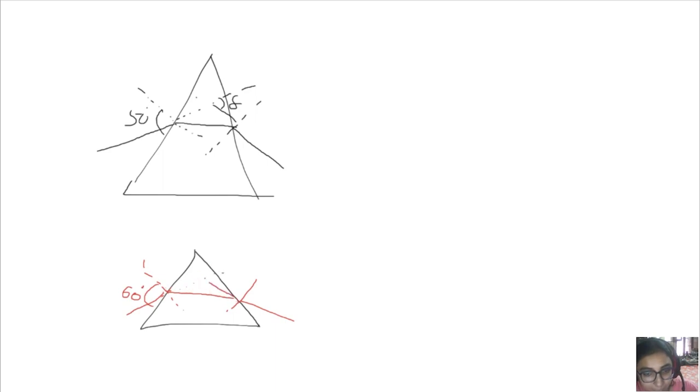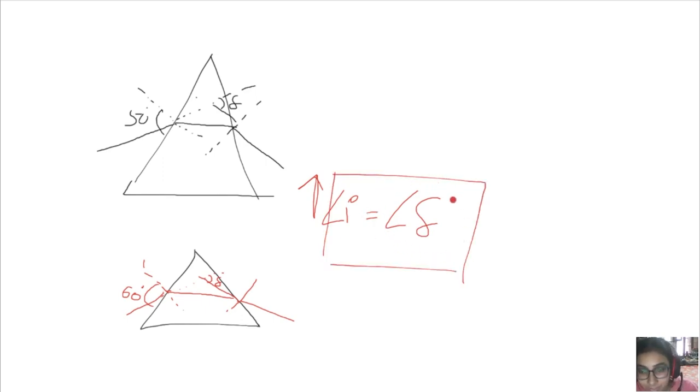What will happen is that the angle of deviation will decrease. So as and when you are increasing the angle of incidence, your angle of deviation keeps decreasing, but this will happen till a point, till minimum angle of deviation is reached. After that, if you again increase the angle of incidence,